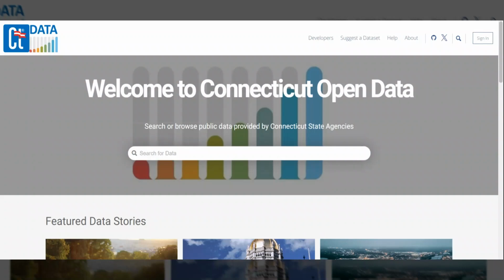Hi, I'm Coral Wonderly. I am a research analyst at the Connecticut Office of Policy and Management, and today I'm going to be sharing a quick demo on how to bring data from the Connecticut Open Data Portal into RStudio